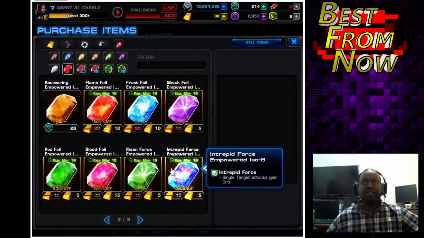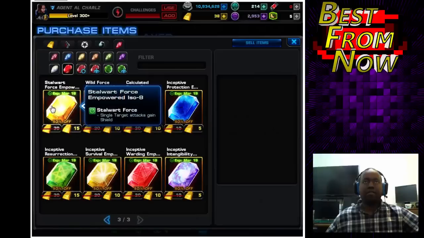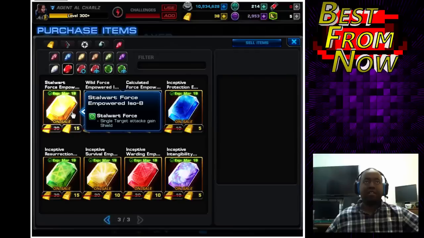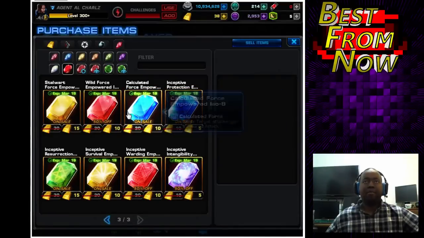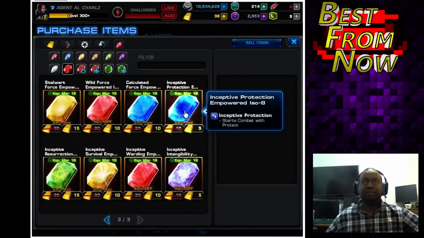So here you get grit, which is alright. This one you gain a shield. And this, I don't know, that sounds pretty good. Desperation, that's decent. Measured attack is probably pretty good if you have somebody who restores stamina a lot, so that might be a good choice on tacticians if you can, you know, find ways to keep your stamina up. This one, okay, so the next set is to start combat with, and I'm not sure